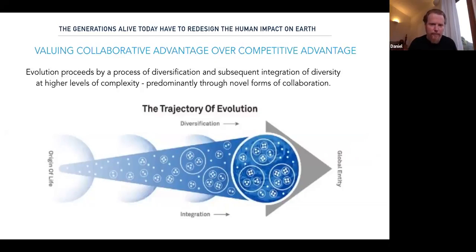So just to give you an example, eukaryotic cells, cells with a nucleus, were formed by the merging of two non-nucleated cells, but the one that engulfed the other didn't digest it and eat it up and kill it. It used it to create a whole that was more than the sum of its parts, a new type of cell. And these cells came together to create organs